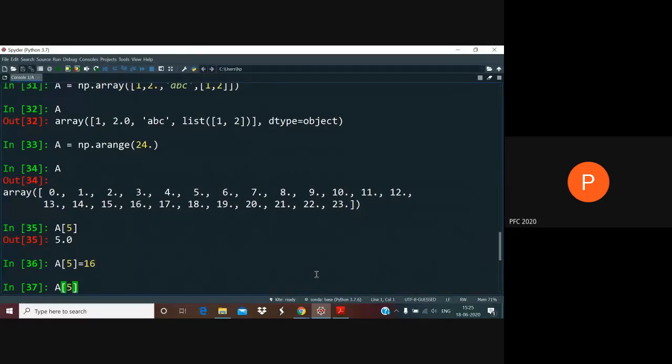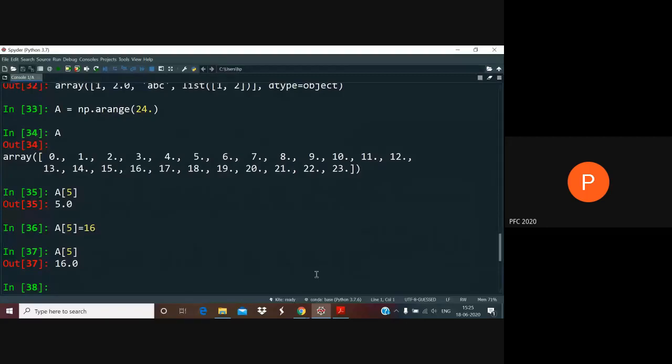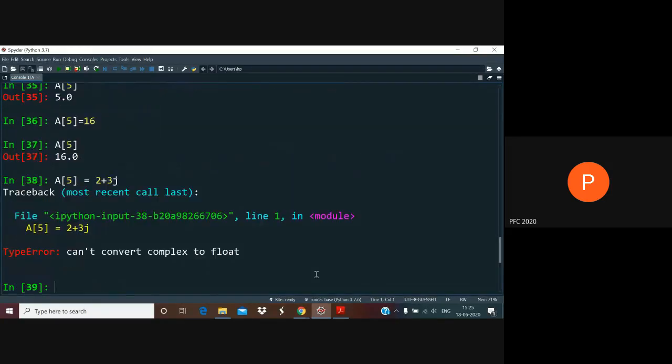Just check after doing the change. The change has happened, so there's no problem with changing an array. But if I want to check the element now, notice that what has been stored is not the integer 16. What has been stored is the floating point 16.0. On the other hand, if I tried this, note that there is an error now because I'm trying to push something into a floating point array which cannot be converted into a floating point number. 5 can be converted to 5.0, but 2 plus 3j cannot be converted to a floating point number.